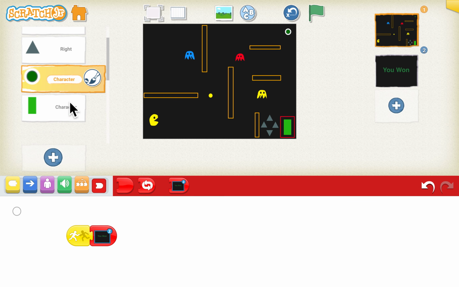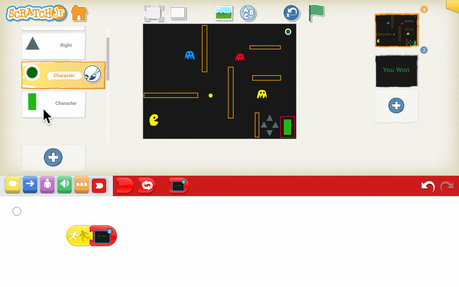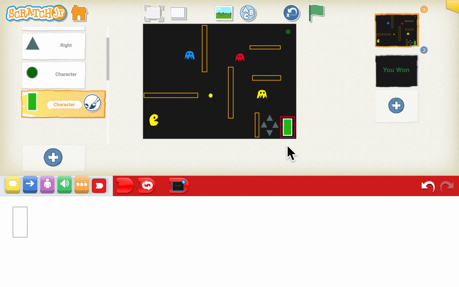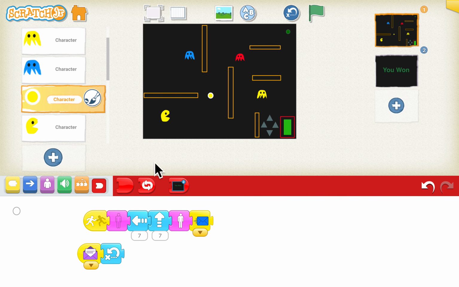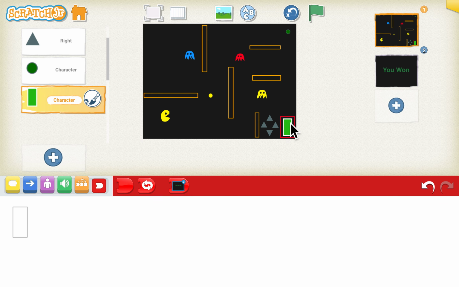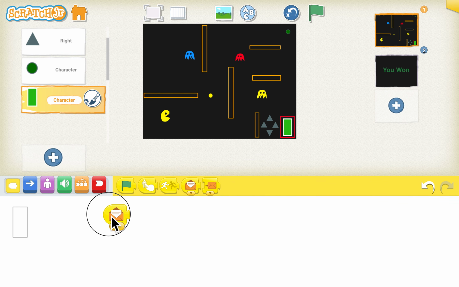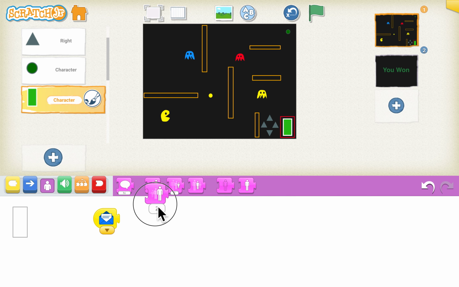Now there is only one character left to be programmed, and that is the rectangular block. We call this block the energy block in this program. So whenever the Pac-Man touches the food, it was sending a blue message. As you can see, I'll show you again. It was sending a blue message. So whenever the rectangular box receives the blue message, we'll go to the yellow block, change the message color to blue. Whenever it receives the blue message, we have to grow its size.